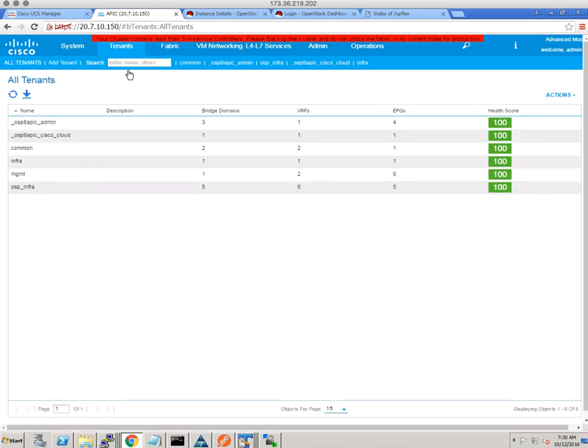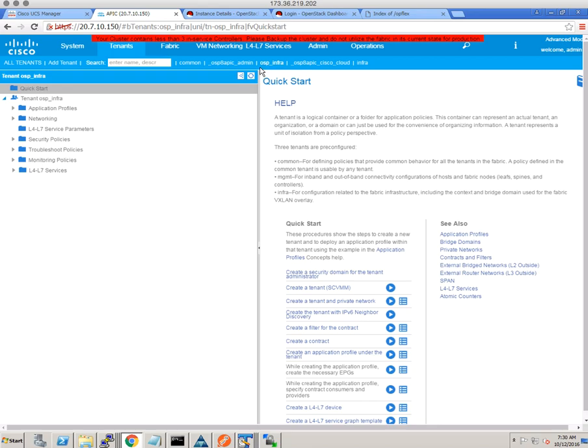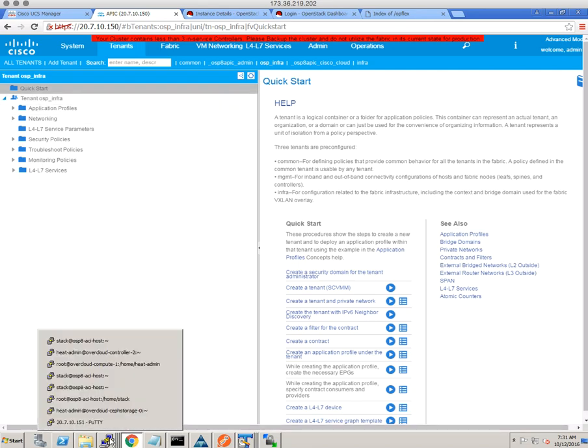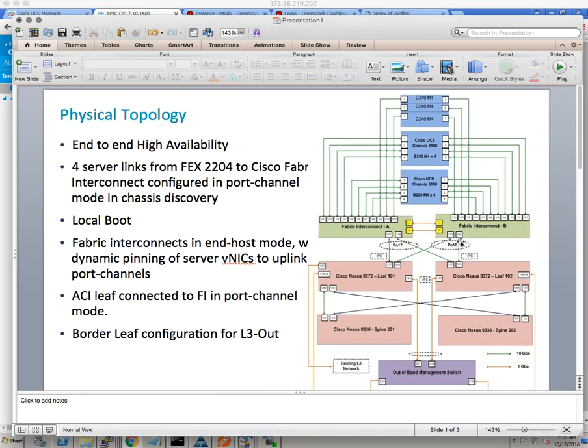So you go to the tenant section. We just created an OSP infrastructure tenant. This is just a foundation tenant that actually allows some of the traffic to pass through, for example, management and PXE and other storage related traffic. Usually storage related traffic, Ceph related traffic, and in most cases PXE, if you look at the topology diagram,